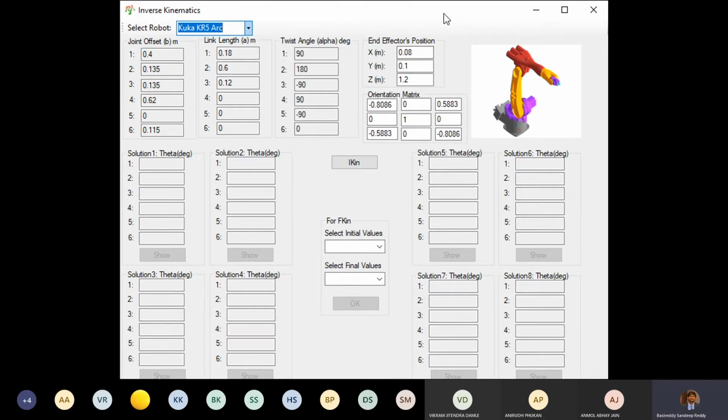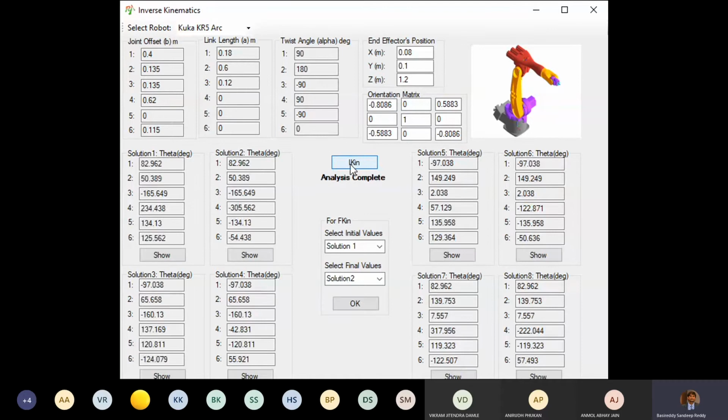And if you want to simulate what are these 8 solutions, let us just do this. Here in this KUKA robot, just click inverse kinematics. It will show analysis complete. Select initial values for solution 1, final values for this. Okay. And then accordingly, when you open this particular